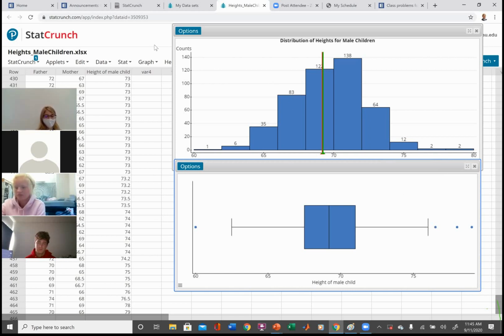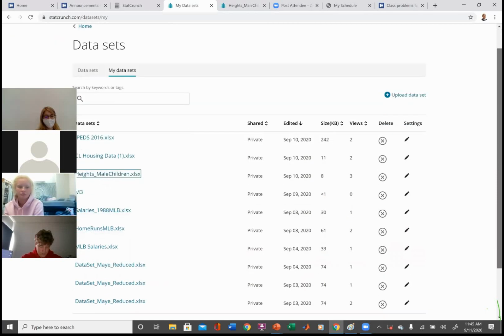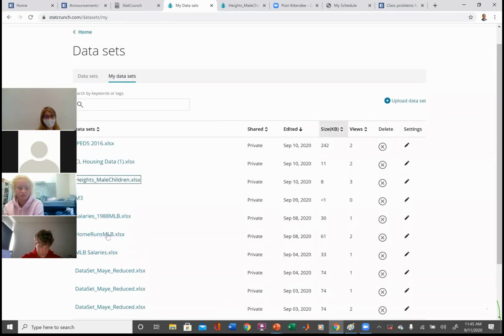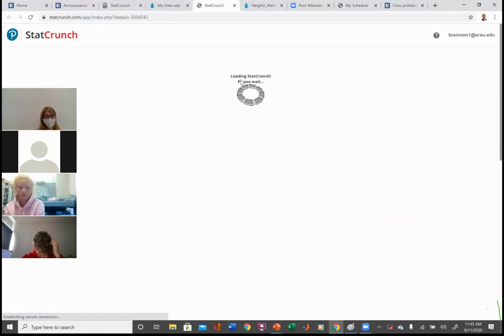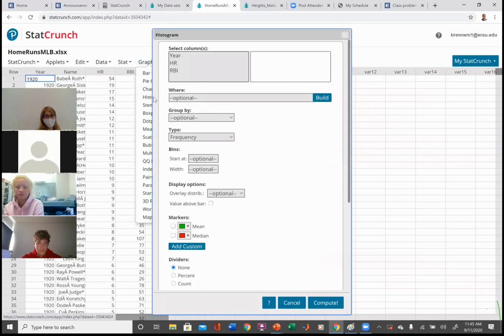Okay. Let me show you really quickly an example of a situation where there's an actual outlier and how it appears in the data. Give me a second here, make sure I get the right one. Yeah, it's the home run data set. So if you look at the home runs, okay, and I'm going to do this really quick. You don't have to do this. I just want you to follow, okay? I'm going to plot a histogram.